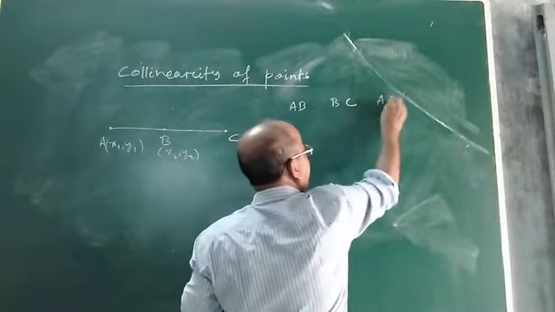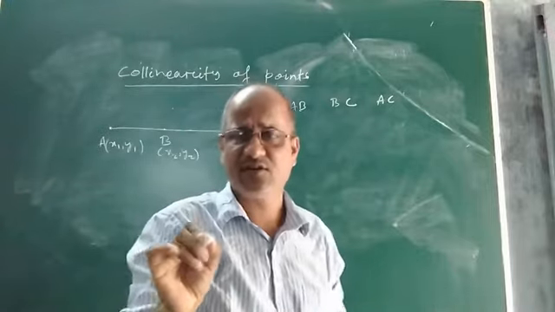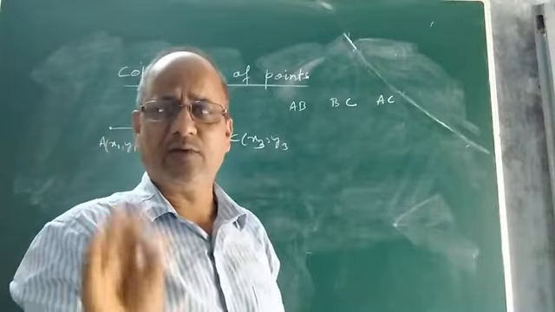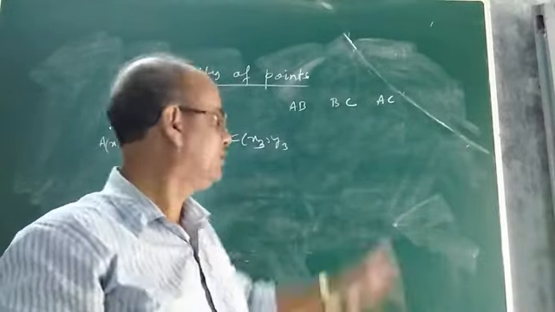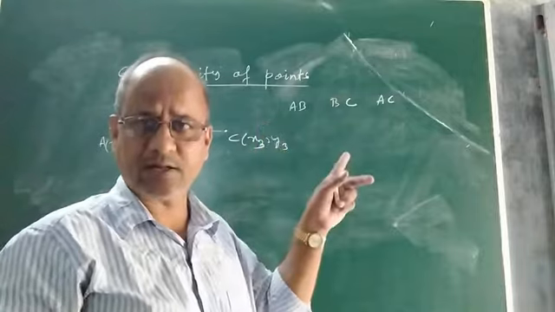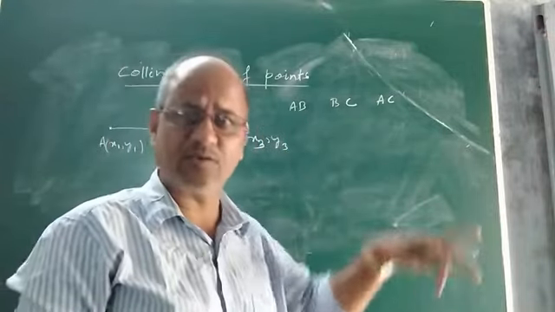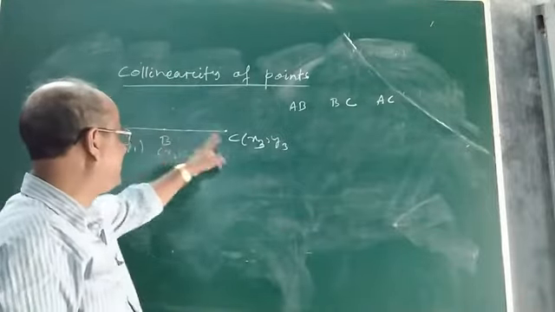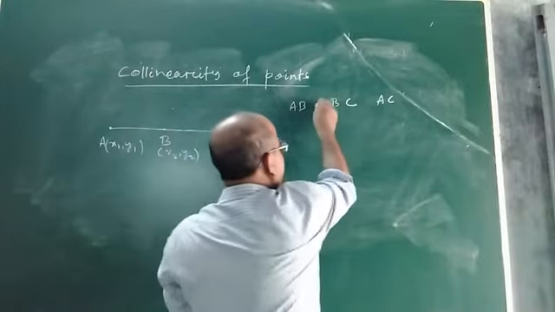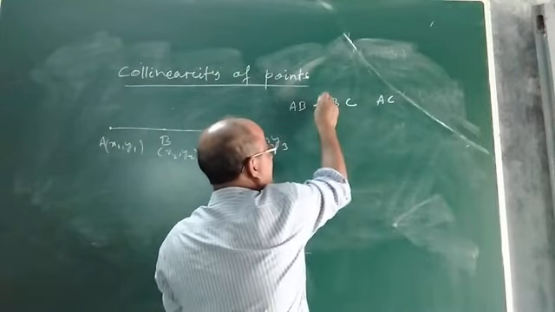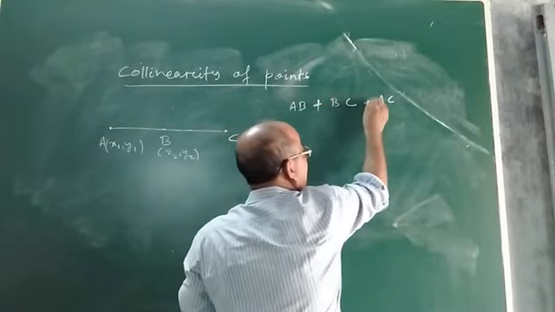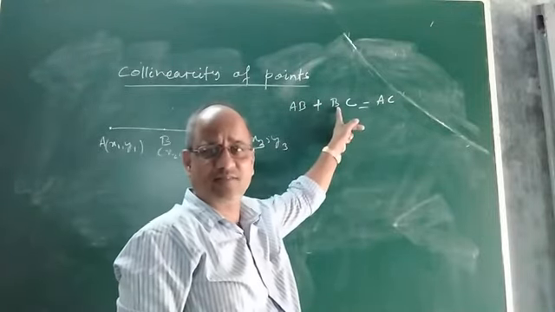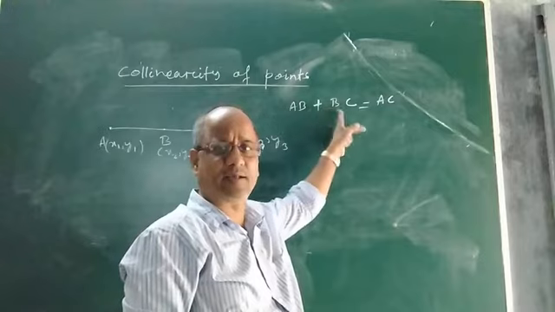You see, that means in order to test 3 points A, B and C whose coordinates are given, whether they are collinear or not, what you will do? First step, you find AB using the distance formula, then you find BC and AC again using the same distance formula. After finding the lengths of AB, BC and AC, what you will do? The next step is you add AB and BC. Add the lengths of the 2 line segments AB and BC and see if it is equal to AC or not.